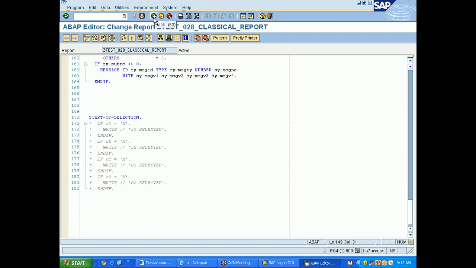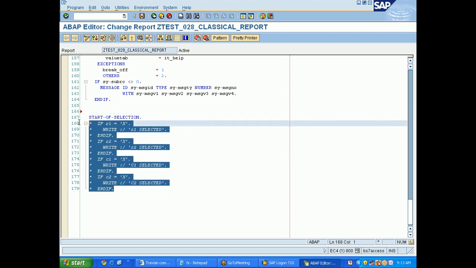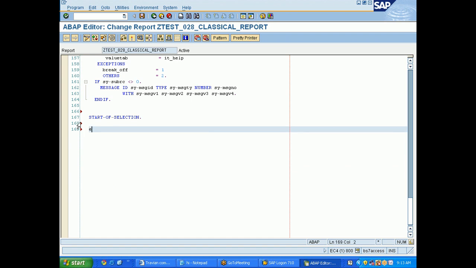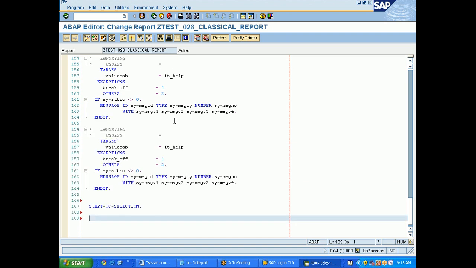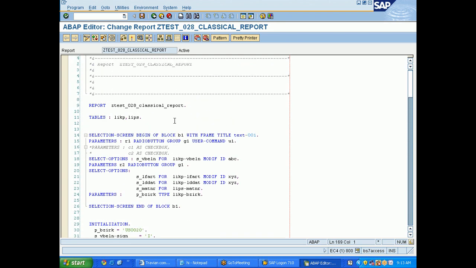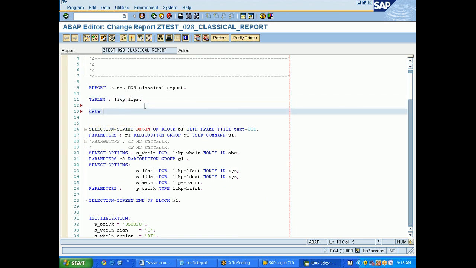Now I'm going to START-OF-SELECTION. The next event is START-OF-SELECTION. In START-OF-SELECTION, I'll create an internal table and work area for LIKP and LIPS. So I'll declare one internal table, data,